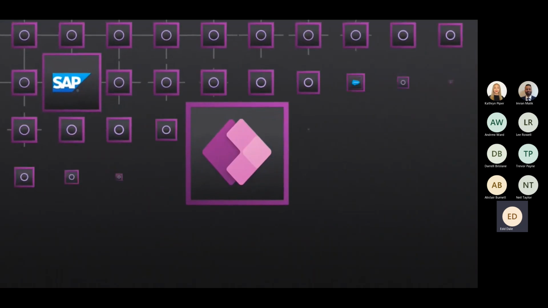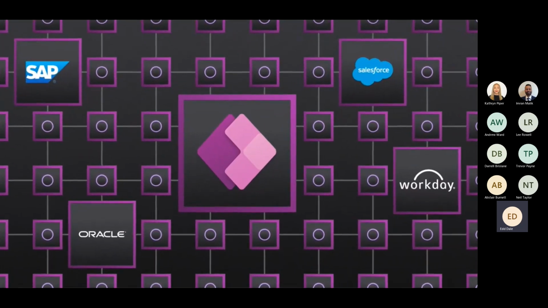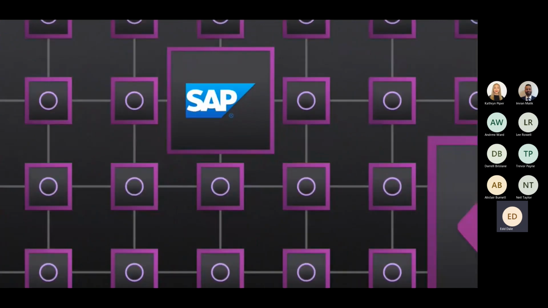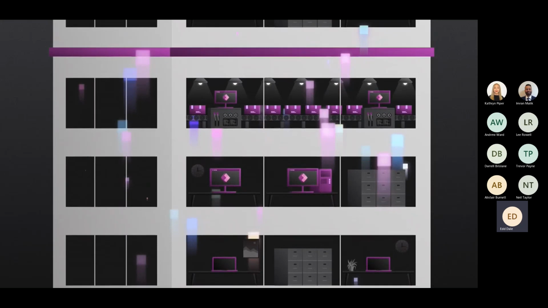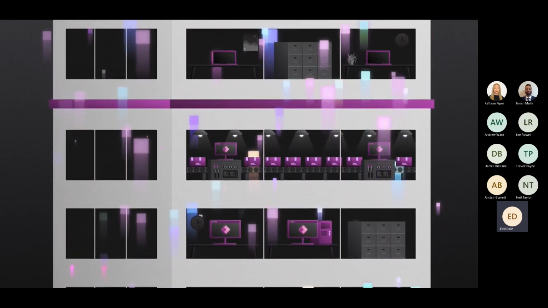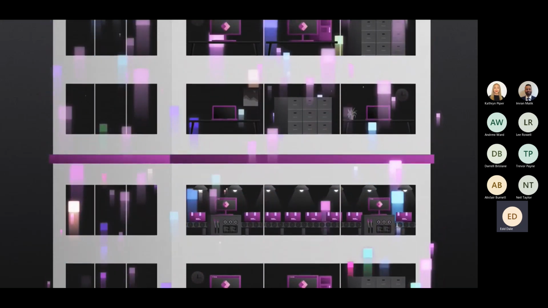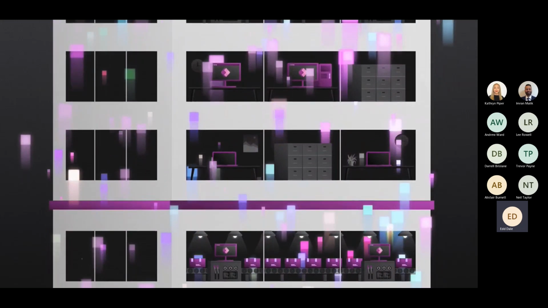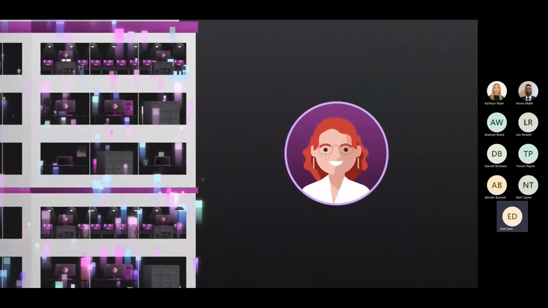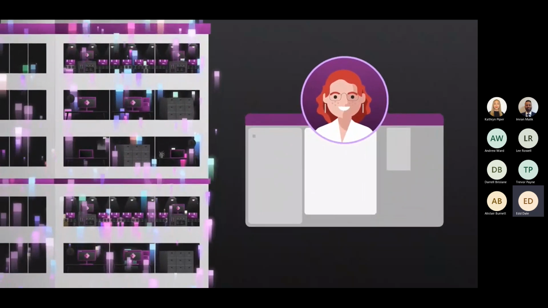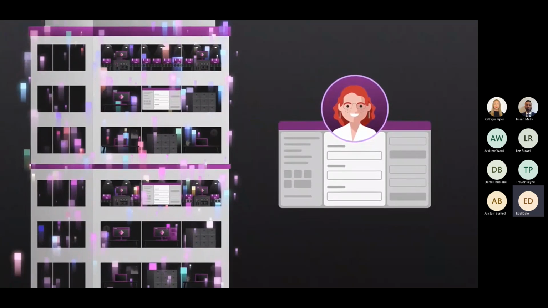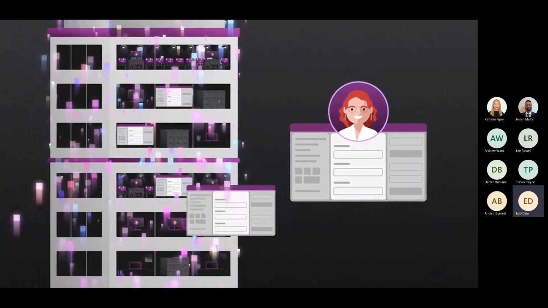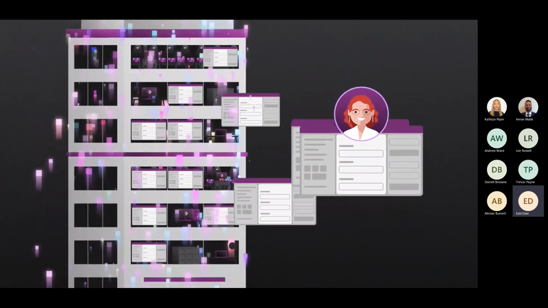Power Apps makes it easy to seamlessly connect to hundreds of business systems and databases right out of the box, like SAP, Oracle, Workday, and Salesforce. It automatically standardizes all kinds of different types of data across your organization to unlock data silos, too, making it easy to build apps that work efficiently across different departments and divisions. So, say if Allie in accounting builds an app that updates and autofills customer data in any forms you use, sales can use it. Warehousing, logistics, legal, marketing, even HR. It's easily available for anyone in your entire organization.